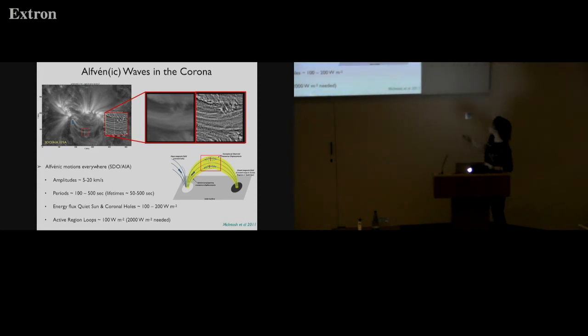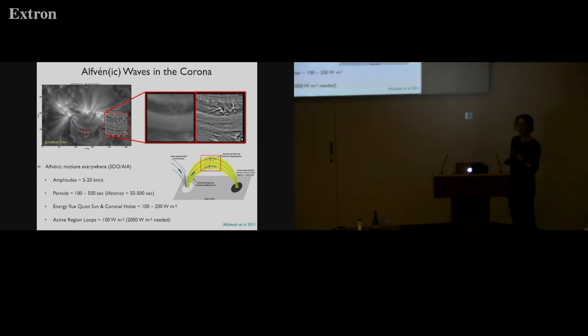Now I'm going to play the movie of this little sub-image, okay? This little sub-image just focuses here on the apex of the loop. The one on the left is just the intensity. The one on the right is intensity where some kind of smoothed average has been subtracted to enhance sideways motions. So if I play that, you can see, or you at least hopefully get the impression that this whole volume